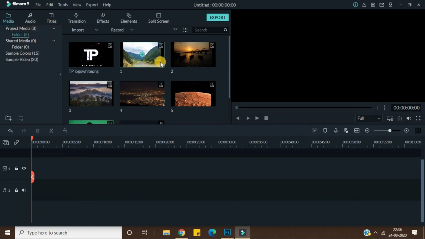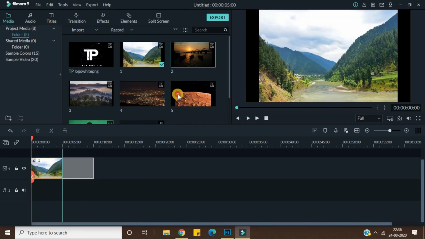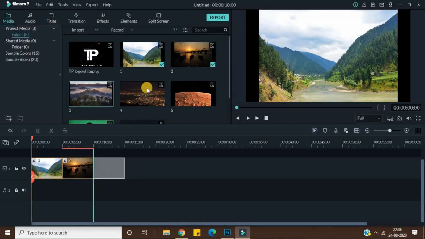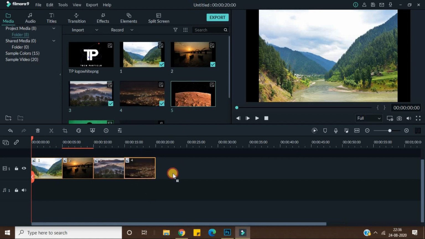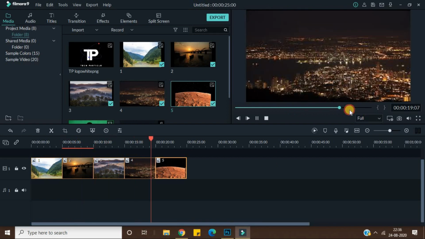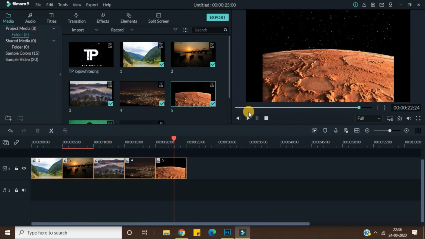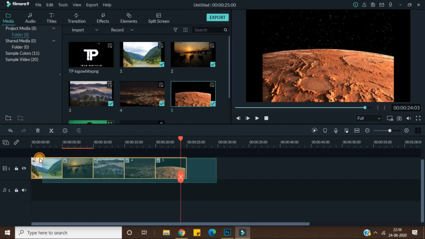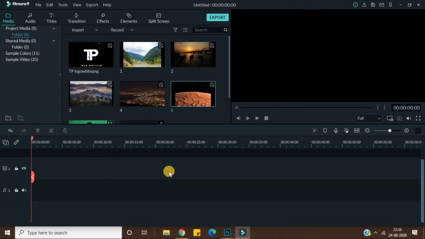After that, what you can do is you can just simply grab and put everything in this like this and this. Okay, and when you press space, it will run, and you can see here in the video panel when the photos will be changing. Okay, so this is how this timeline thing works. So for now let's just remove that.